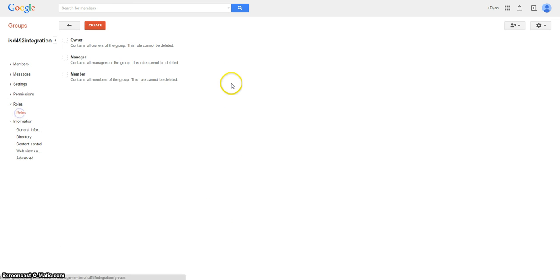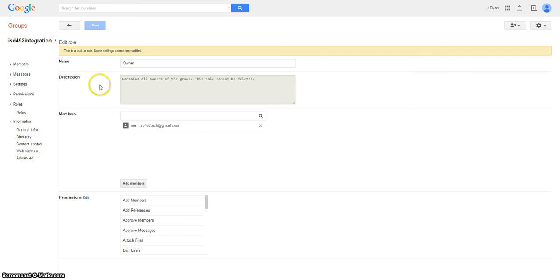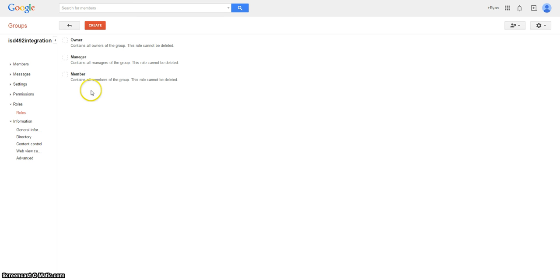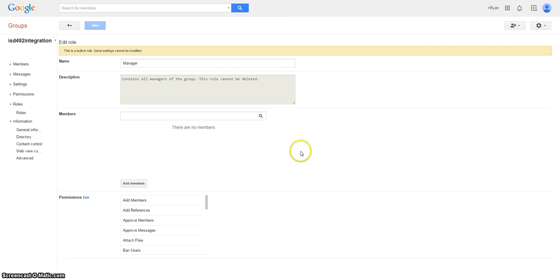Here we have roles. We can basically create new roles and what members can do, what a manager can do, what an owner can do. So I could delegate information. As the owner, I have complete control, but I can then say this is what a manager can do, give them permissions to add members, add references, approve topics, all that sort of stuff. So if I, as the teacher, wanted to say these individual students then are moderators for the forum, so they can approve or reply to anything, that sort of idea,